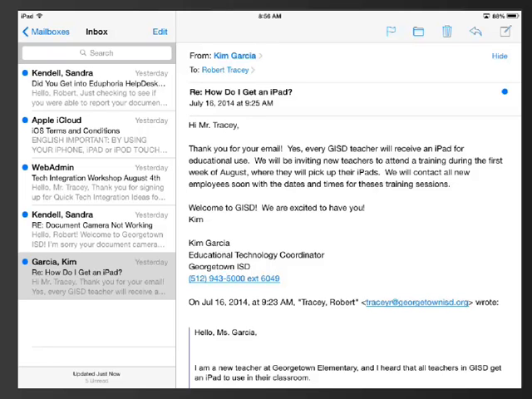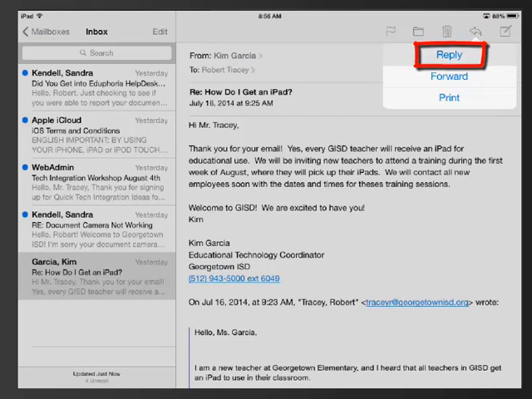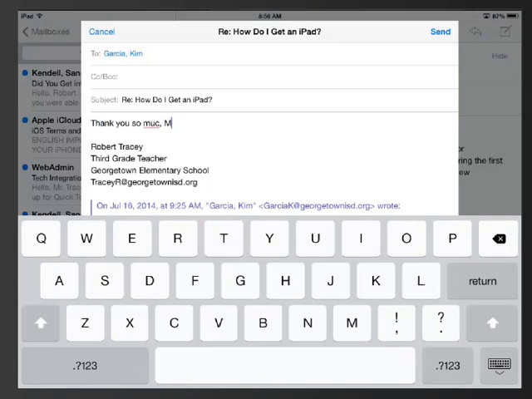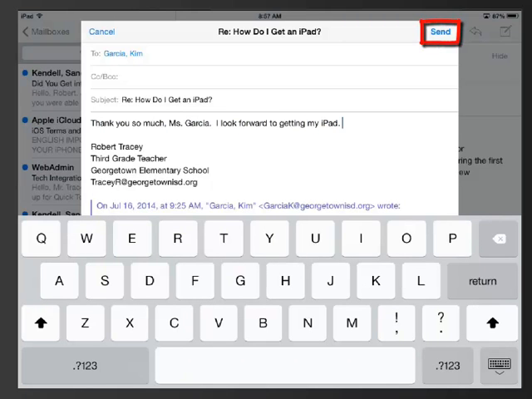The first thing you'll probably want to know how to do is reply to an email. So this email at the bottom is selected because it is gray, and I'm going to read the email. Got a nice answer back about when I can get my teacher iPad. To reply, I simply hit the arrow in the top navigation and then I tap reply, and I type my message. Once I'm finished typing my message, I simply tap send in the top right corner